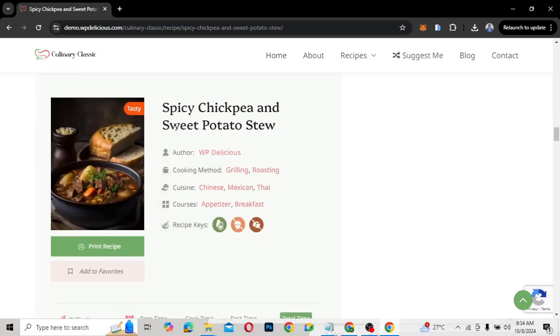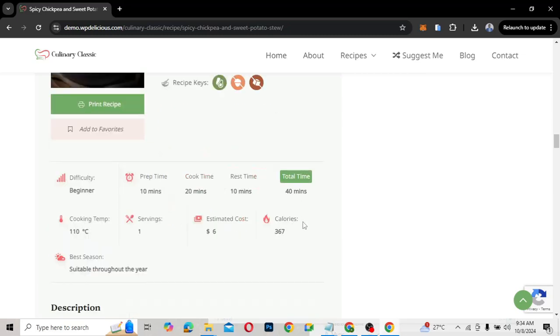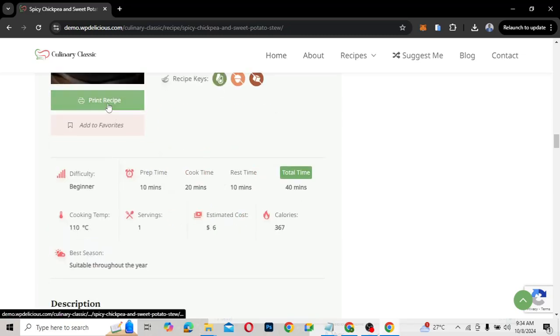So as you can see over here, this is the recipe image of what you are going to create. You can pin it on Pinterest. It looks like a recipe book and other stuff, but then this is it. Now you can have the author of the recipe, the cooking method, the cuisine, the courses, and then the recipe keys all over here. And then you can also print the recipe, or you can add it to favorites over